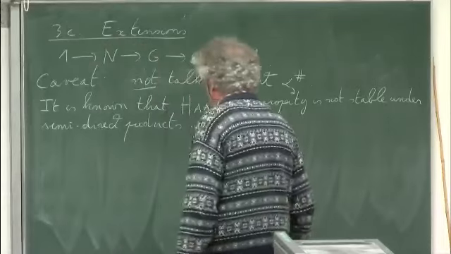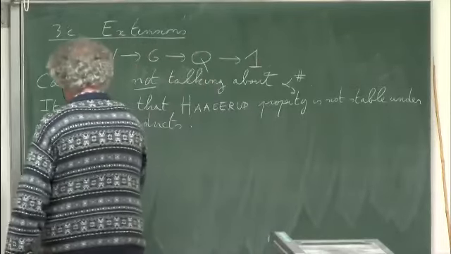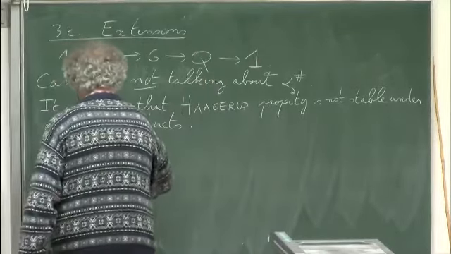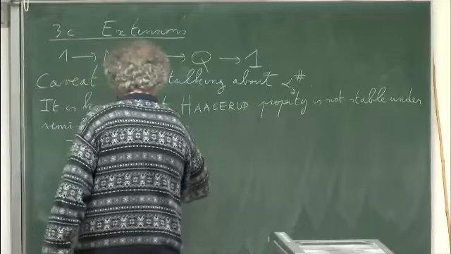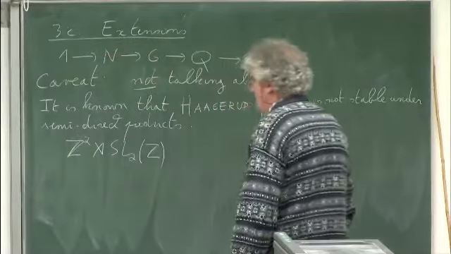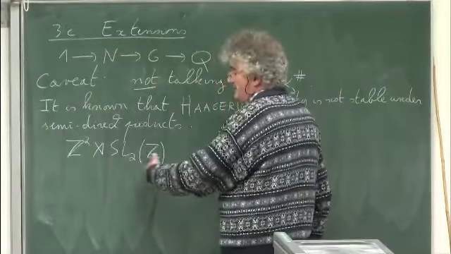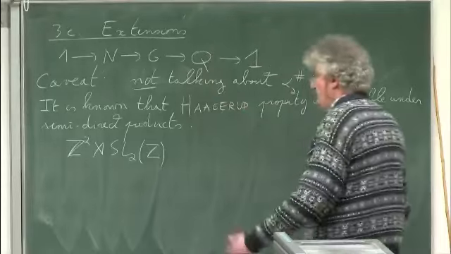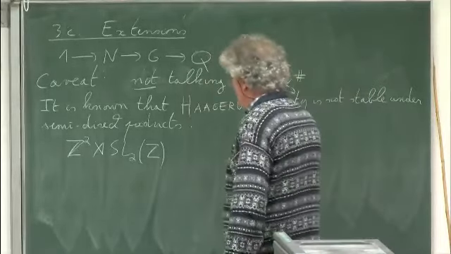And the standard example is the semidirect product of Z squared with SL2Z. So you let SL2Z act on Z squared just by matrix multiplication, and